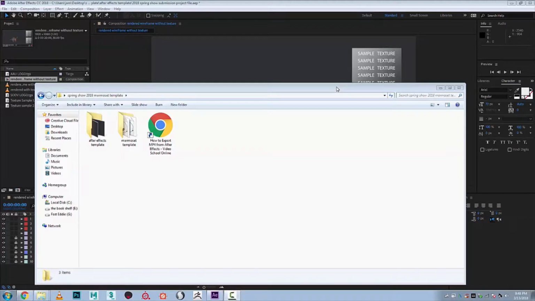Greetings, folks. This is a tutorial on how to compile a video with a rotation of your model and texture and export to video format for the spring show. So when you open up the zip file with the templates in them, first you